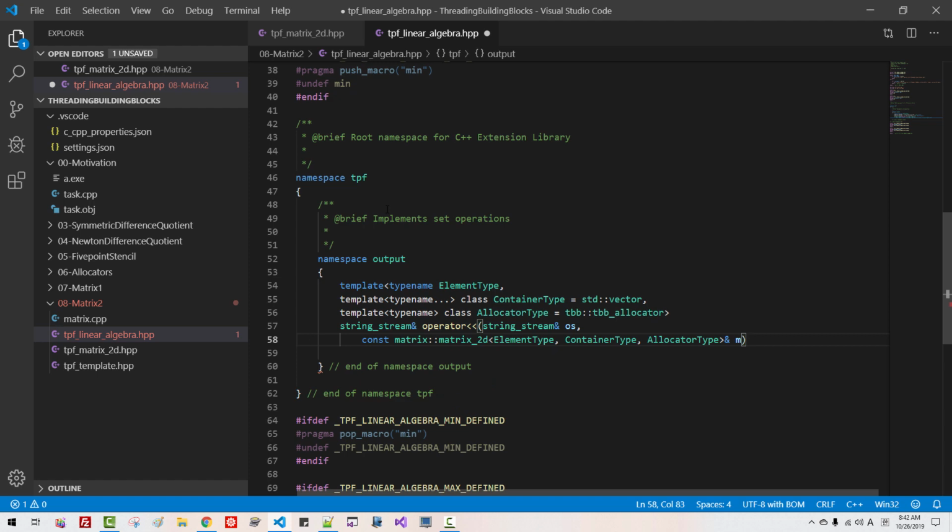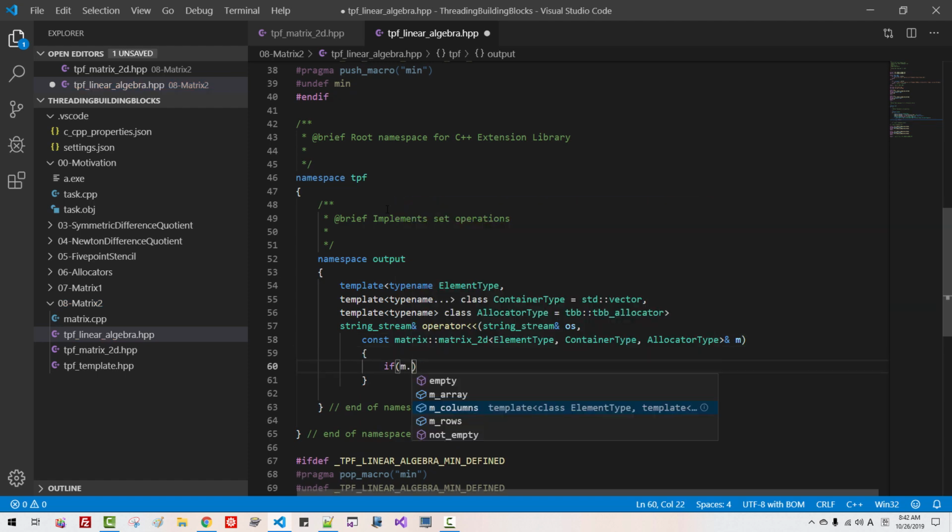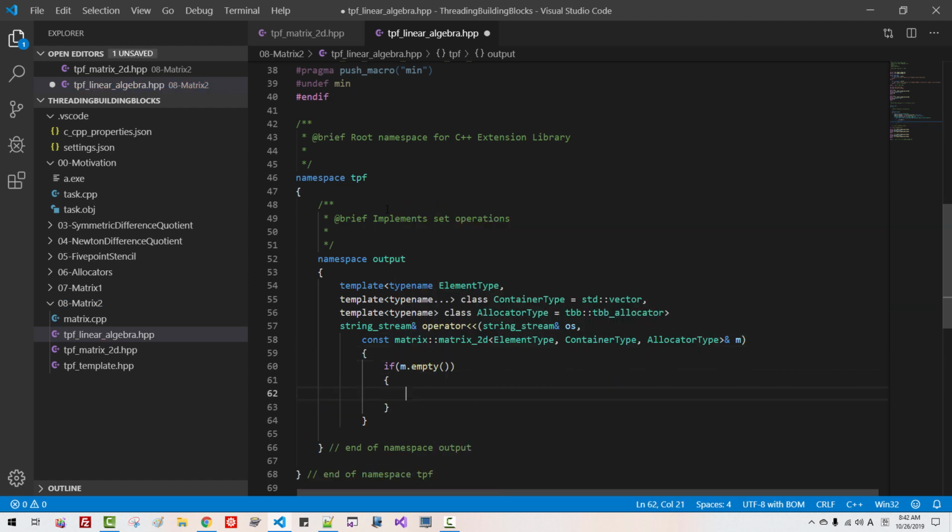M. If M empty, OS will return blank file, else